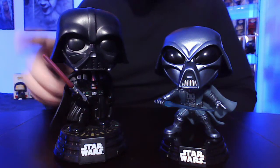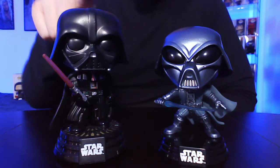And here's another difference between the actual figures themselves. This one,